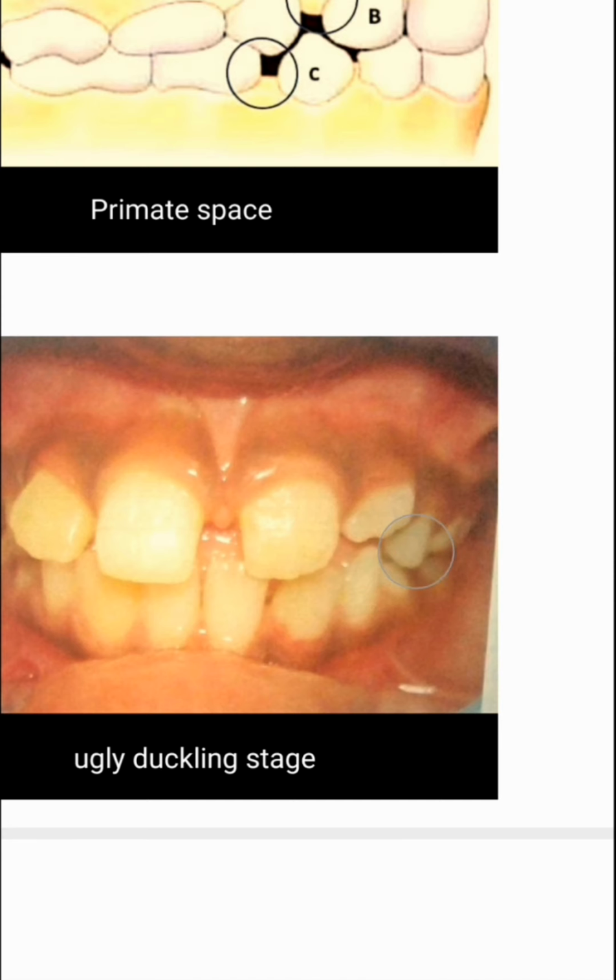So, the ugly duckling stage is seen with eruption of the maxillary canine. As they erupt, they displace the roots of the lateral incisors mesially. This results in distal deviation of the crowns of the two central incisors, causing midline spacing. However, this condition corrects itself when the canines erupt, and the pressure is transferred from the roots to the coronal area of the incisors.